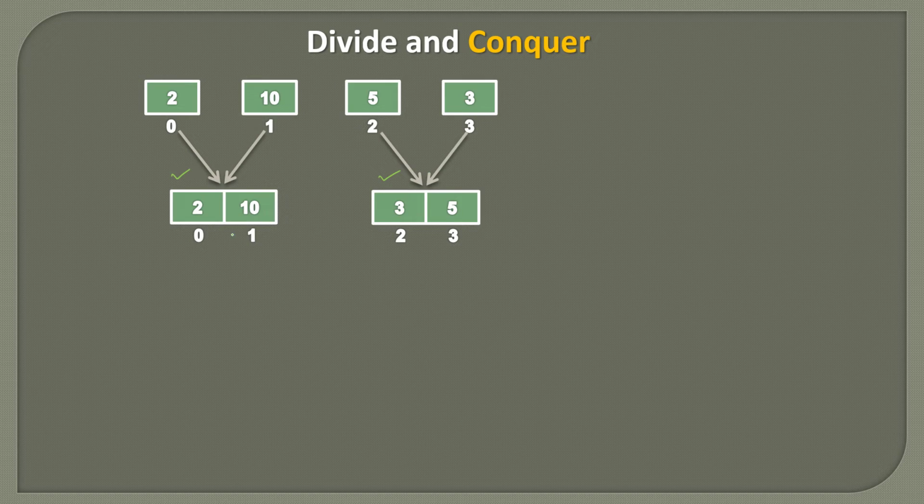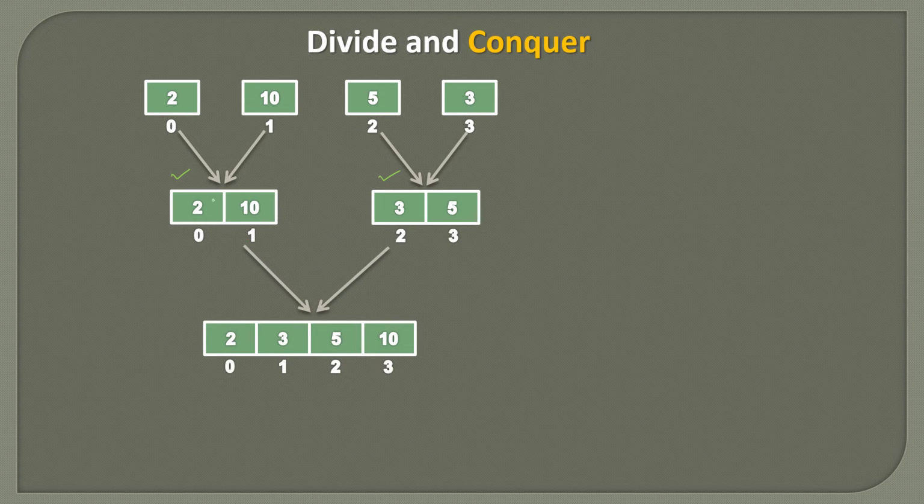And now we simply merge these two parts because these are solved problems of our smaller sub problems. So in the conquer step, we actually merge them. After merging these two sorted arrays, it looks something like this. So 2 is compared with 3, it comes here. Then 10 is compared with 3, so 3 is smaller, so 3 comes here. Then 5 is compared with 10, 5 is smaller, so 5 comes here, and then 10 goes here. And this step is done.